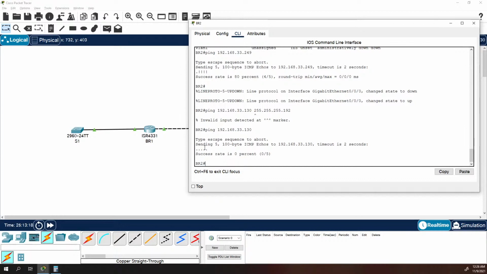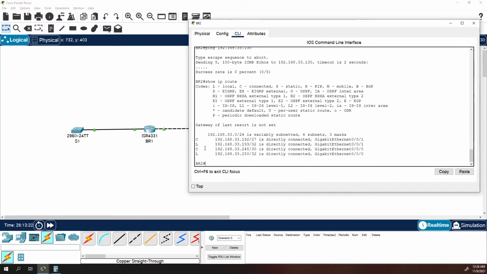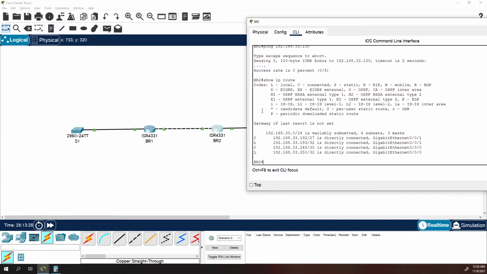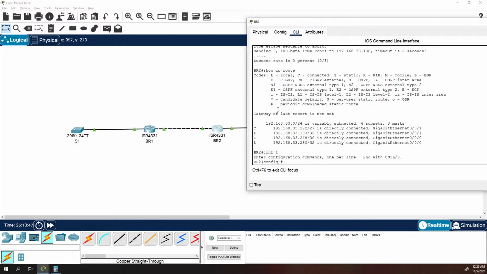Exactly. It fails. If we do our show IP route, we can see our local connections, the fact that we can see this side and we can see this side. Because the other side of the network is on an entirely different network, we can't see anything. So we can correct this if we really wanted to, and the way we'd do this is we go to configuration terminal,